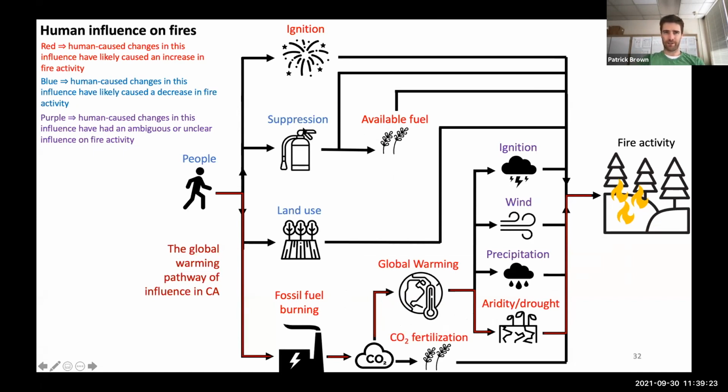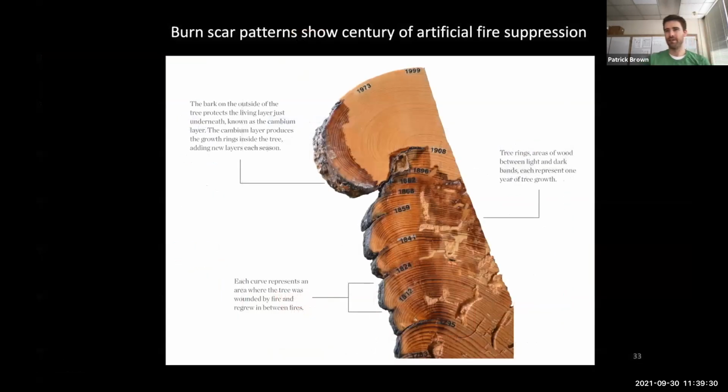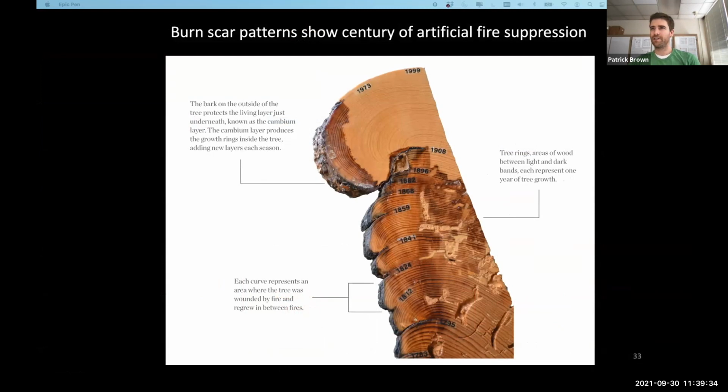So first, here's a little bit more evidence of the suppression of fires, that you can see visually in cross sections of trees, where we know the tree rings are the years, so if you take a cross section of a tree, you can count backwards in time. So this one was cut down in 1999, and then you can count back and say, okay, here's 1908. And this goes all the way back to 1783. And if you look at this left side here, what we see are these burn scars. So the tree is also recording when it experienced a major fire. And those are labeled here as well.